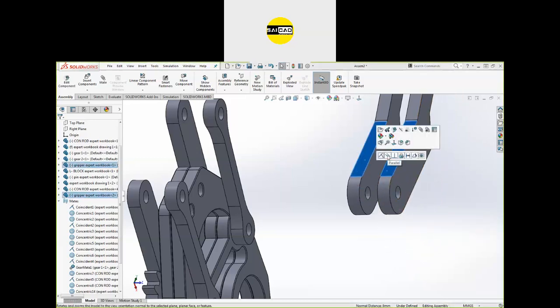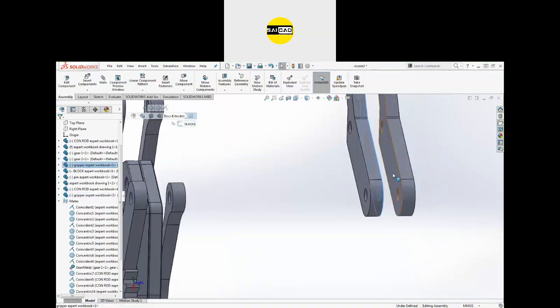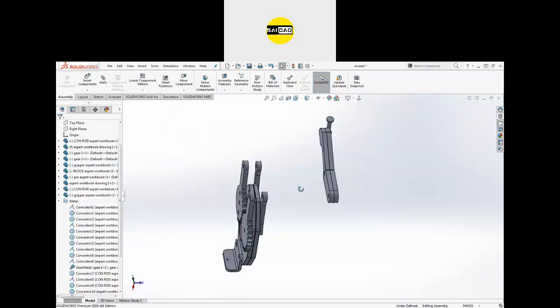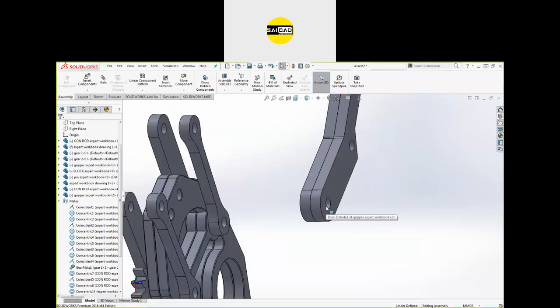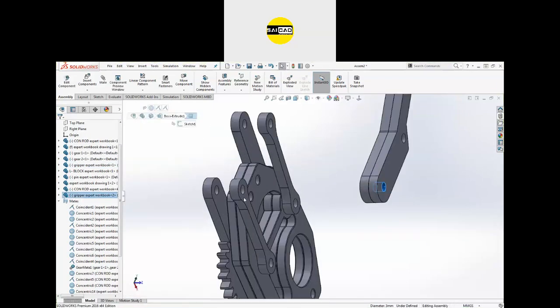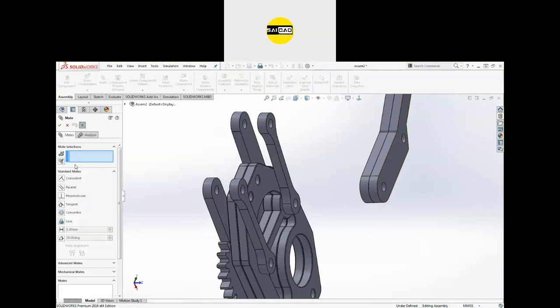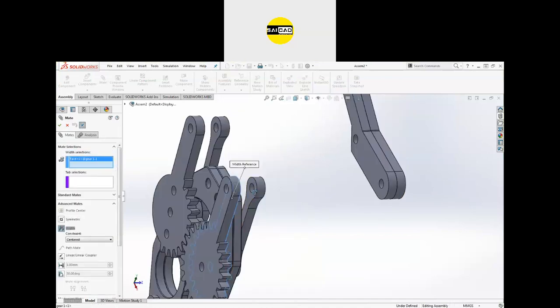Both should be coincident. Now move the object. Now we can adjust them with the help of advanced and width directly from here. So these will be selected like that, and this.